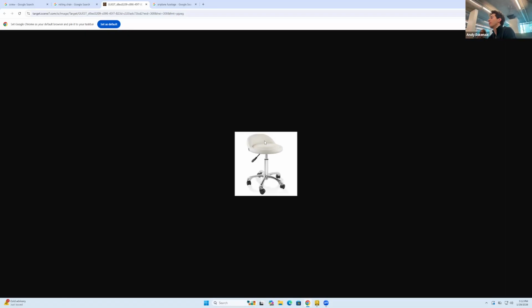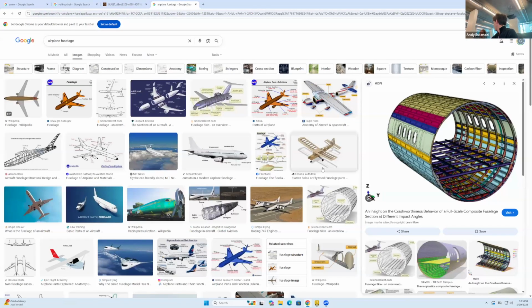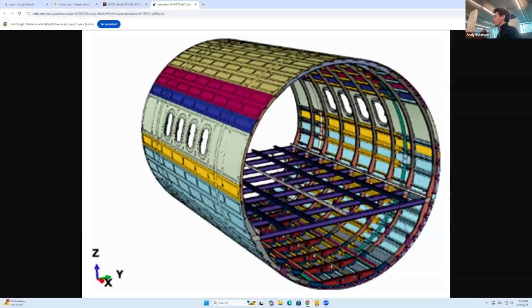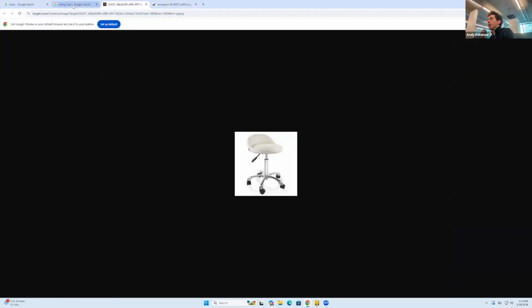Doesn't look too bad, and we can make a pretty realistic one. And then, time permitting, I think we will have enough time. We will make this. Well, actually, this looks like a mess right now. This is complicated. We're not going to get to this level of detail, but we'll make something that looks pretty similar to an airplane fuselage. It's not going to be too difficult, but the whole point with both the chair and the screw